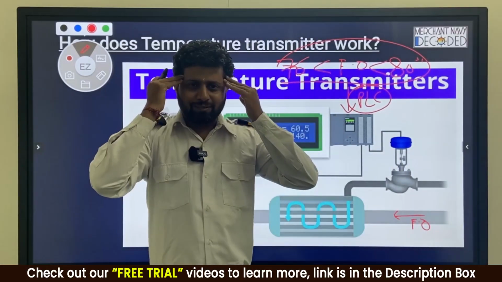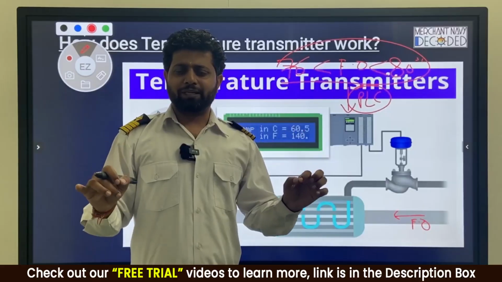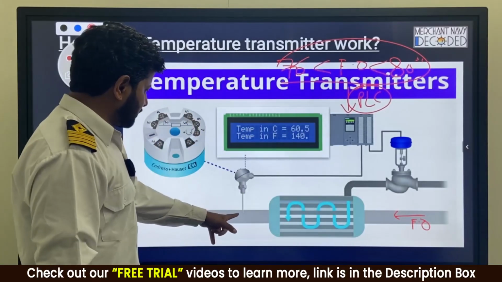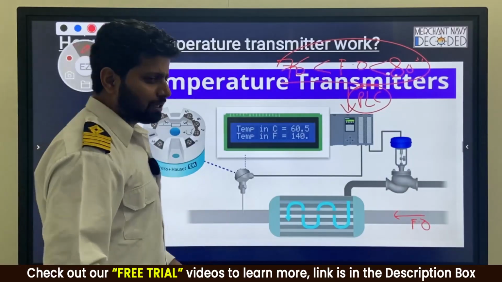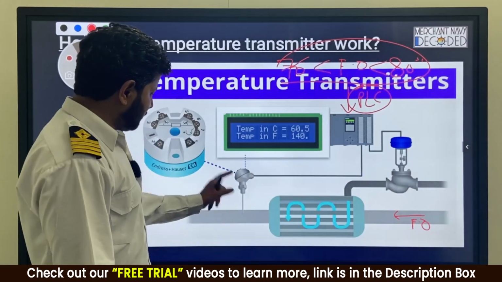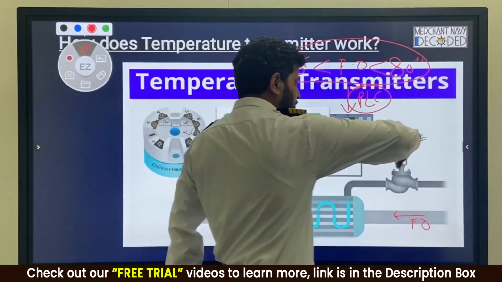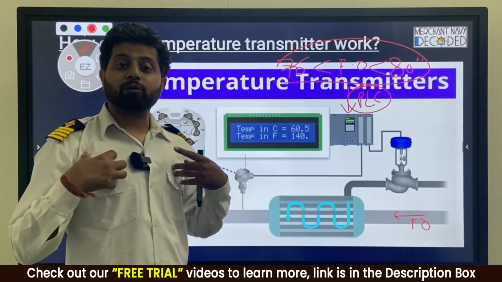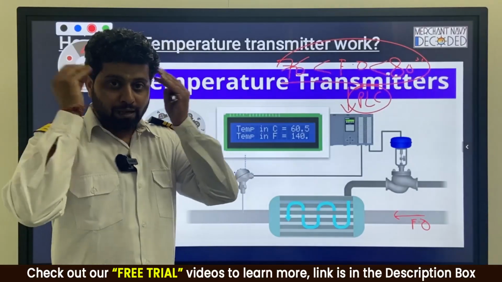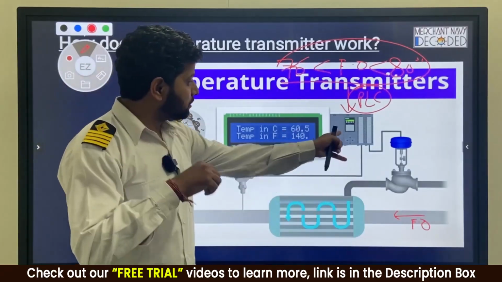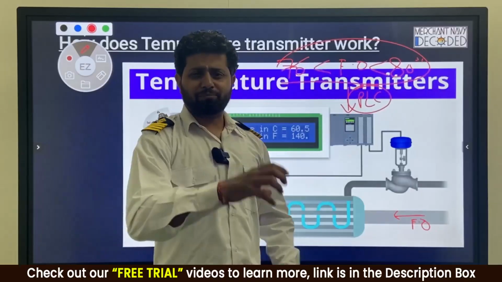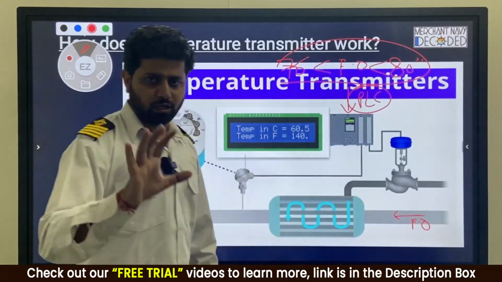Say I am the memory and I have decided that I want to maintain temperature more than 70 and less than 80. If I am the memory, I will see there's a thermometer, the temperature becomes 70, I will go myself, open the valve, steam will open, and the fuel oil will become hot. When I see on the thermometer that the temperature becomes 80, I will go and stop the valve. But this is me doing it manually. Today automation is doing it automatically. Rather than my mind reading and doing that, this controller is taking all the action. There is a lot inside it, input, output and all those things, but I'm just giving you a reference.